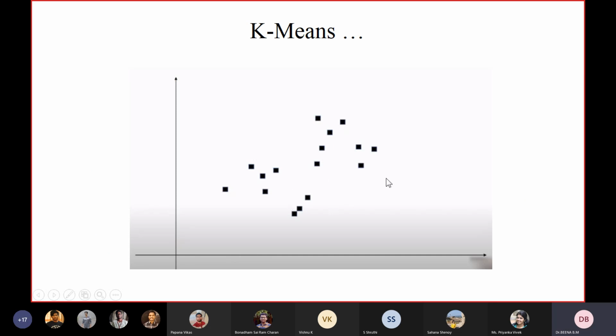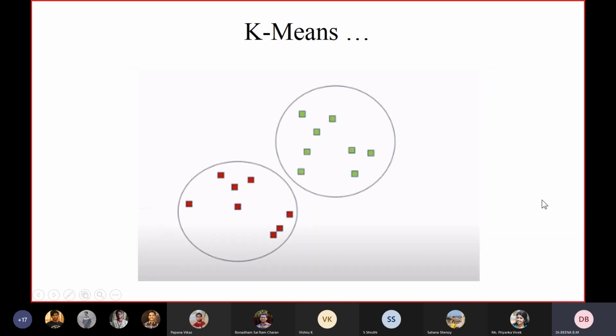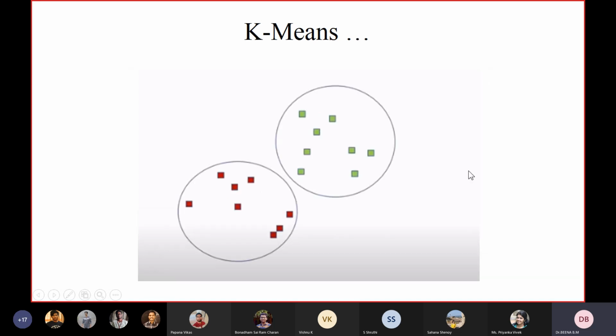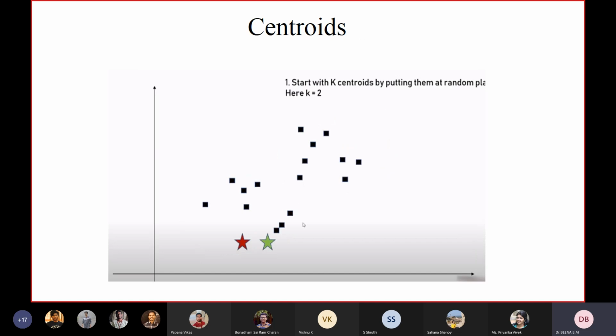So here we have taken a data set. Here we do not have a target variable and there are 2 features along the x and y axis. Just by seeing this data set, we can say that there are 2 clusters. So let us begin with the k-means algorithm. What is the first step? Take the same data set. First we have to decide the number of k value, so the number of clusters.